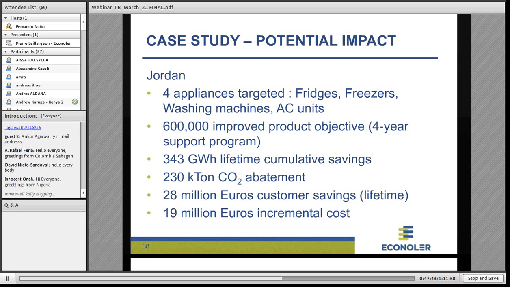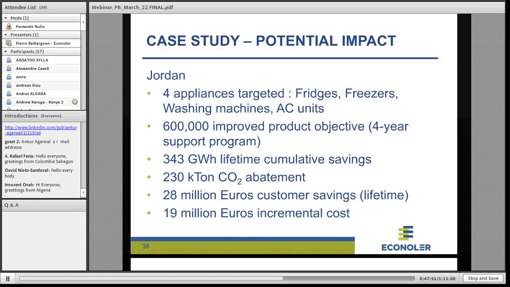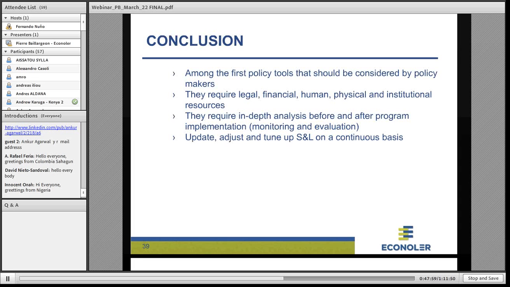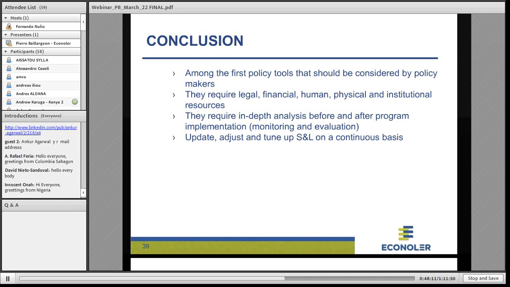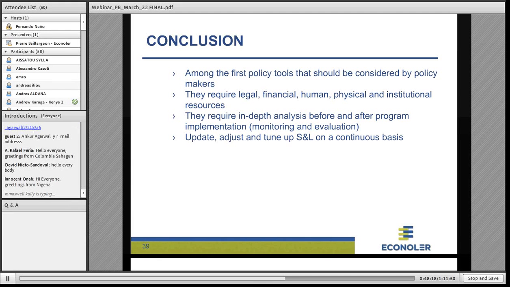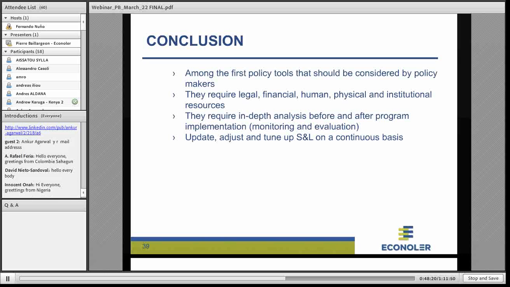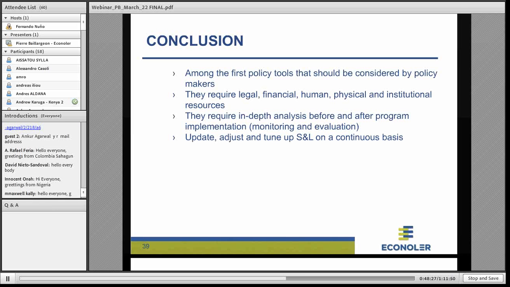The savings of those 600,000 products over their lifetimes can bring 343 gigawatt hours of savings and 230 kilotons of CO2 abatement, so that's quite important, for a total of 28 million euro customer savings in energy bills. That's the lifetime savings achieved by the customer, for a 19 million incremental cost. So for the population, the introduction of this kind of standards and labeling can bring 9 million euro additional wealth to society over the lifetime of the product, which is typically 8 to 10 years for most